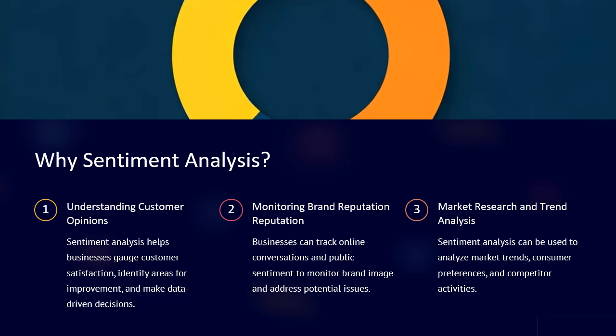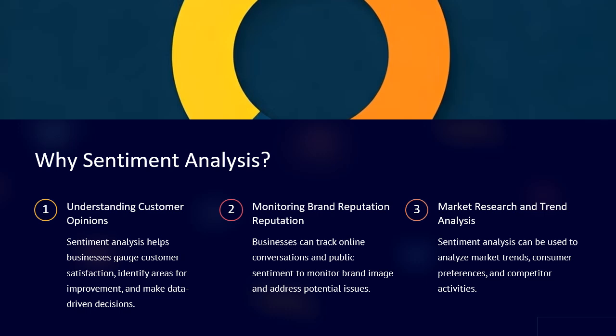This proactive approach towards customers says that the company values their opinions and is also committed to addressing concerns, which helps build trust and loyalty among its customer base. By actively managing their reputation, companies can maintain a positive image and ensure that they remain competitive in the marketplace.